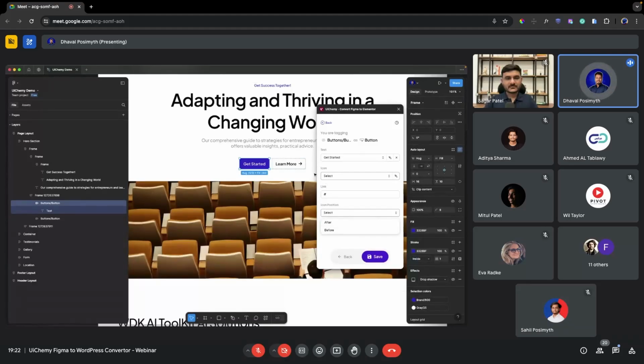If your icon has any position, like here you can see it is right aligned. I mean, the position is after the text, so you can set it. But for this button, there is no icon. Just click on save. Here, we have successfully tagged a button. Okay, let's select another button